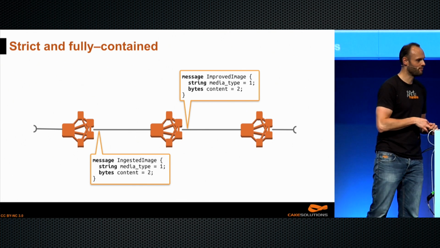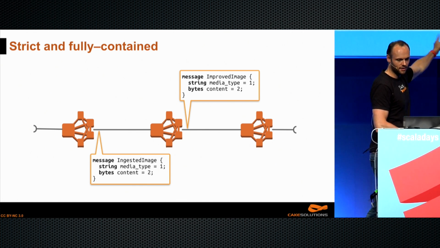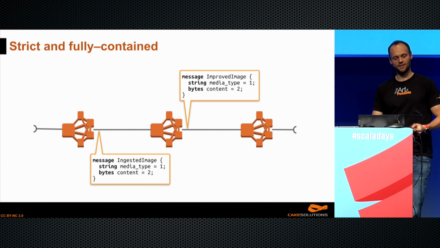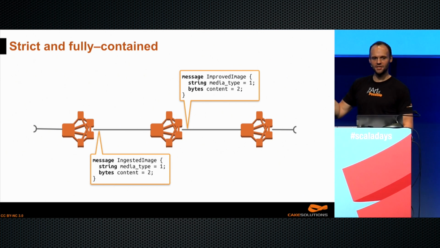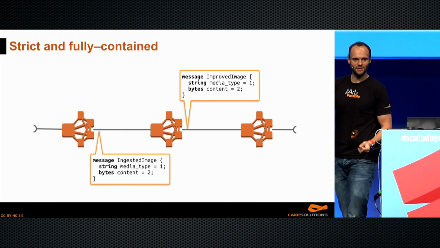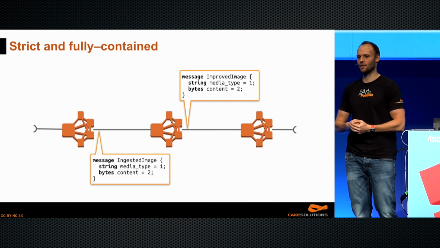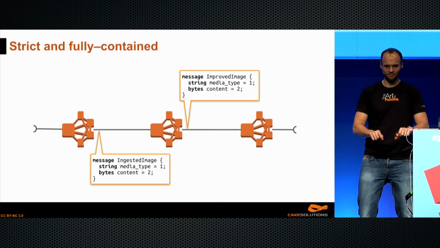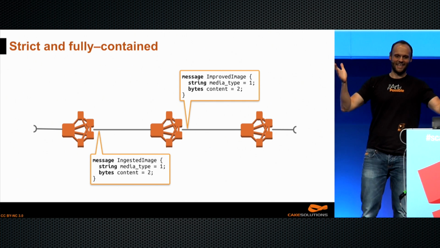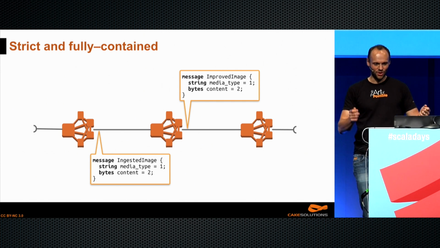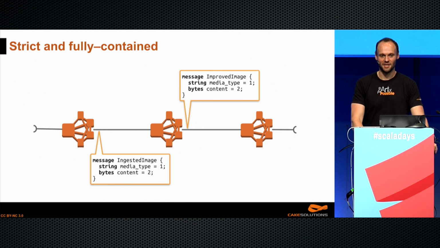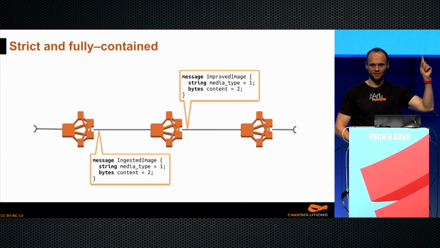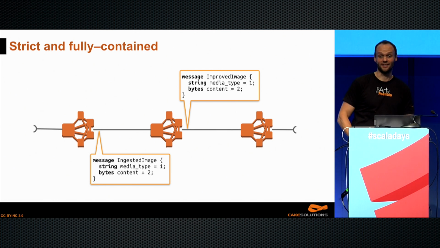There's one more thing before I move on. It's really, really tempting to look at, let's say, this scenario where we have this microservice in the middle and it takes an ingested image and it produces a thing that looks just like it. It might have done some fancy image manipulation. It has improved the image, you know, CSI magic zoom. But don't ever recycle the same messages, right?